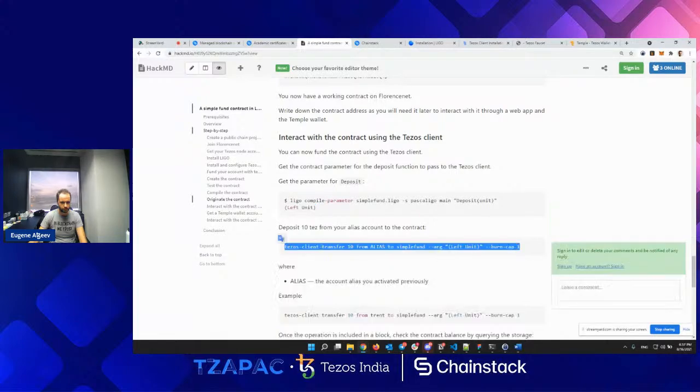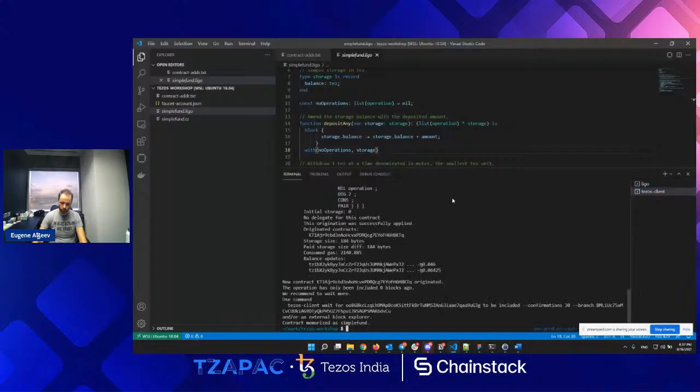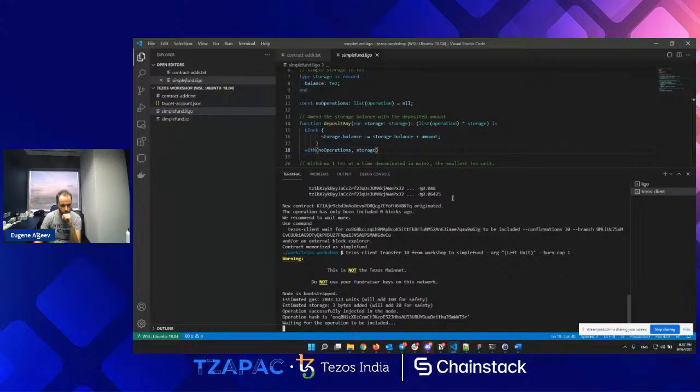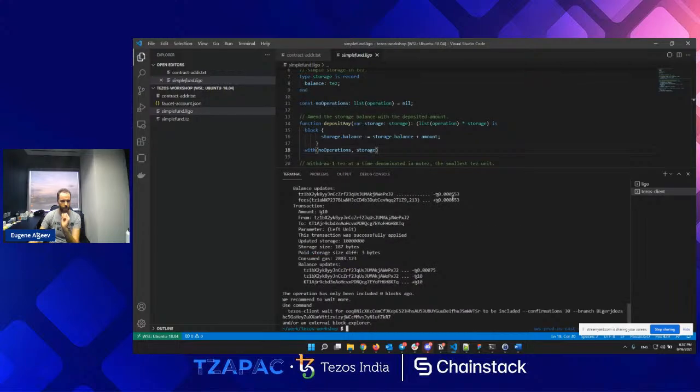Let's try. And here I use my workshop account, and I'm transferring 10 Tez. Excited to see what will happen. So there's a hash that was changed. Oh, that was fast.